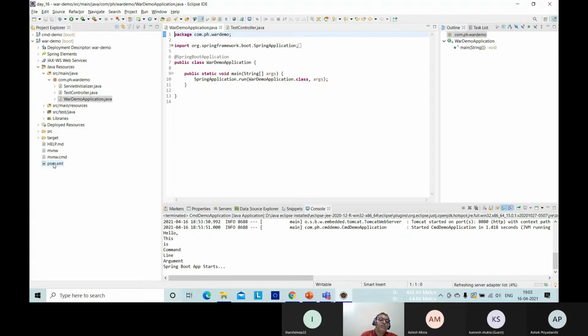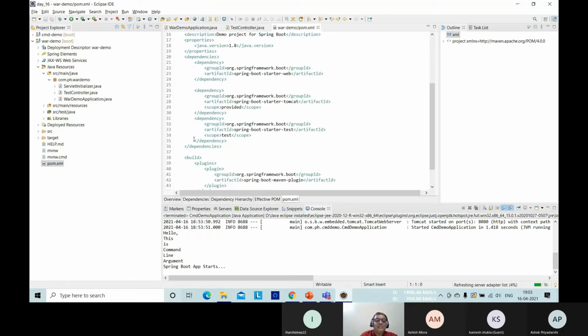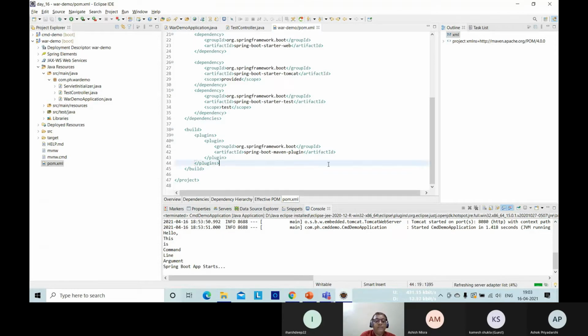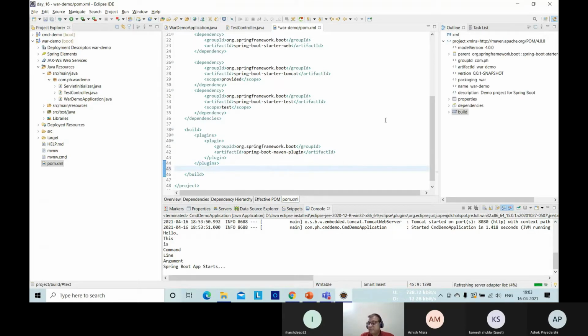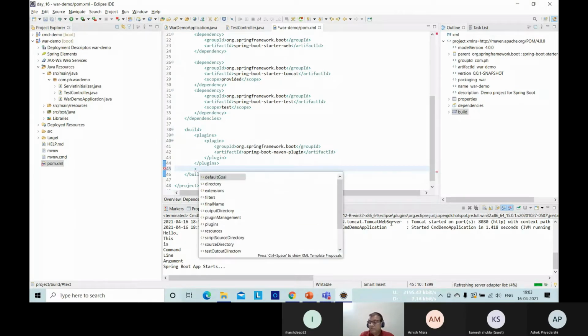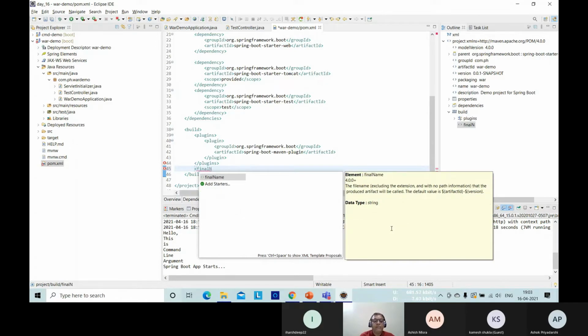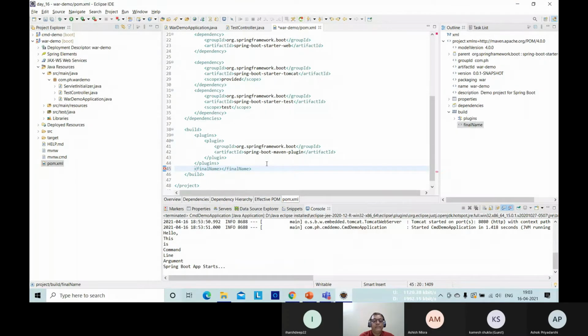While creating the jar also you would have done it. We did not do that, which is why the jar file name was quite long. So for that, here you have a tag called final name. Final name, look, it is showing.